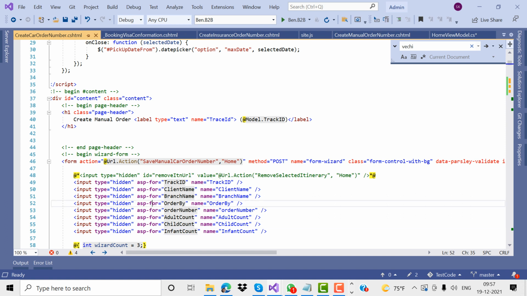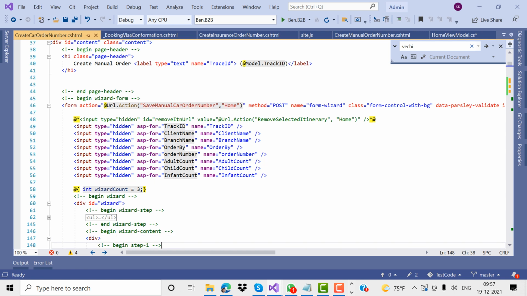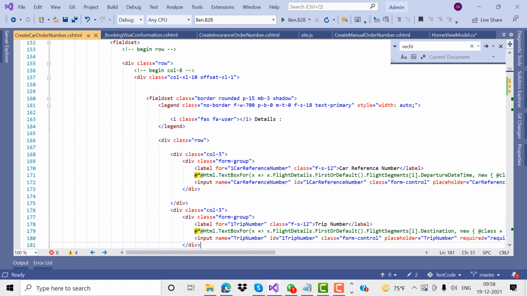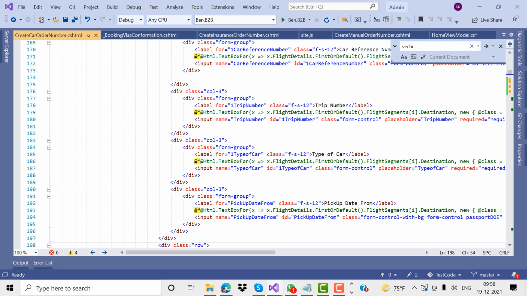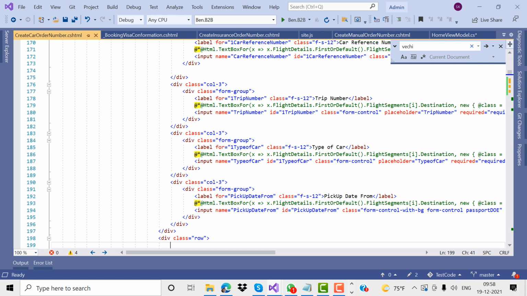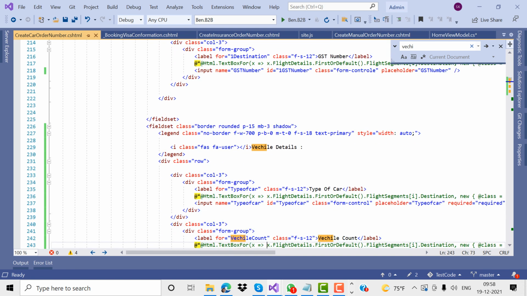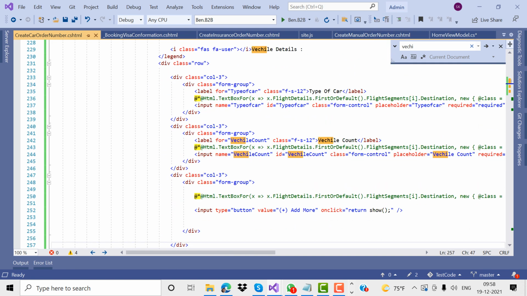In earlier classes I mentioned how to call the URL action methods from the view to the controller. You can take a form control and take the action method, and the method type is the post method. We can call the controller method from view to controller. This is the way we can call controllers. I have a few more controls, and I will explain those controls. I'm checking those control types.